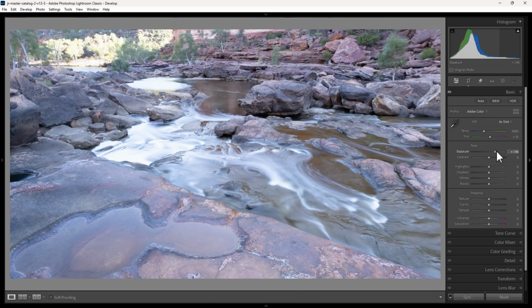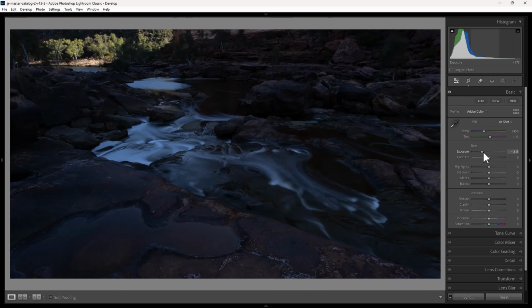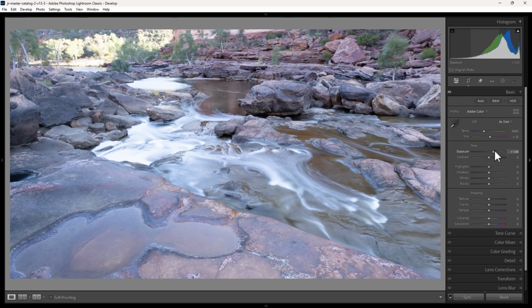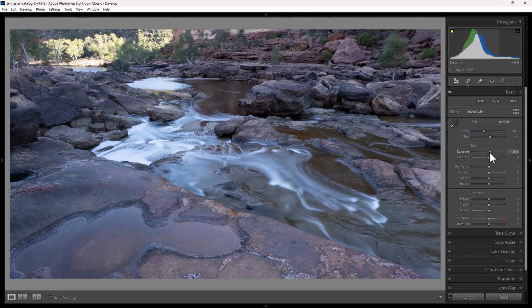And I always just like to play with the exposure just to see what detail we've got. You can see we've still got some decent detail in those trees. And we've got basically quite a nicely exposed image. If we look at the histogram, it's kind of skewing to the dark, but if we turn on shadow clipping, we don't really have any of the shadows clipped, even though we might get a little bit of noise in some of those shadows. So the first thing we'll do is we'll just kind of even out that exposure a